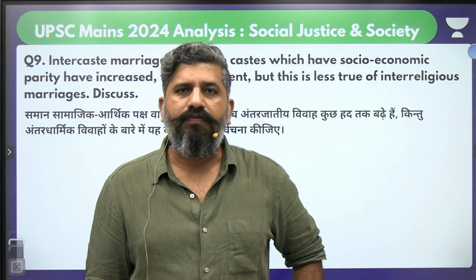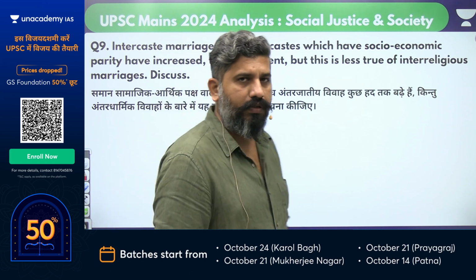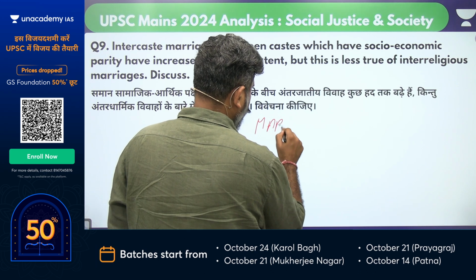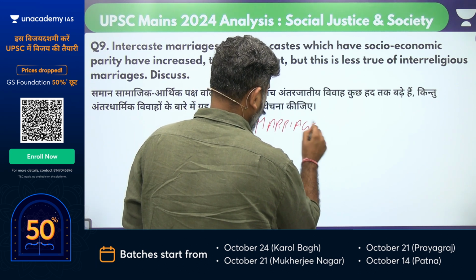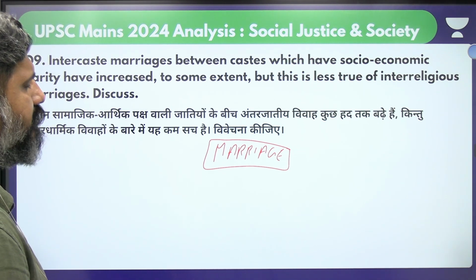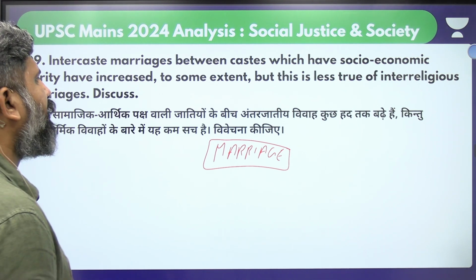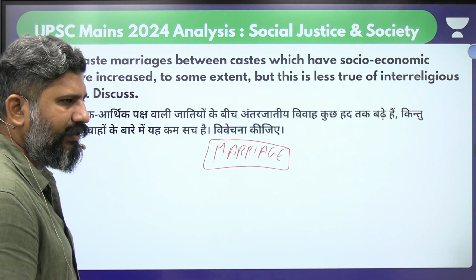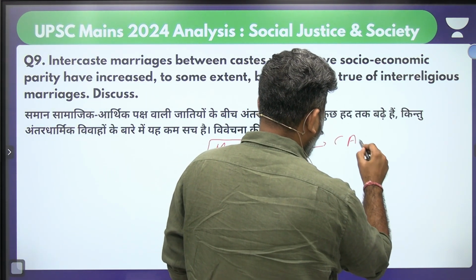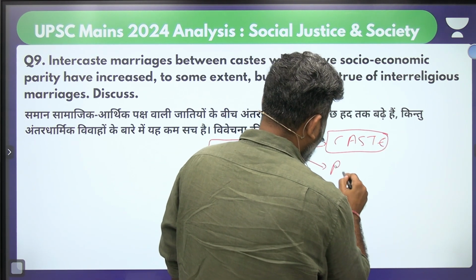The next question that we have is related to the institution of marriage. And the question reads, intercaste marriages between castes which have socio-economic parity have increased to some extent, but this is less true of interreligious marriages. Discuss. Now, it takes into account the caste equations when somebody is marrying, as well as the religious equations